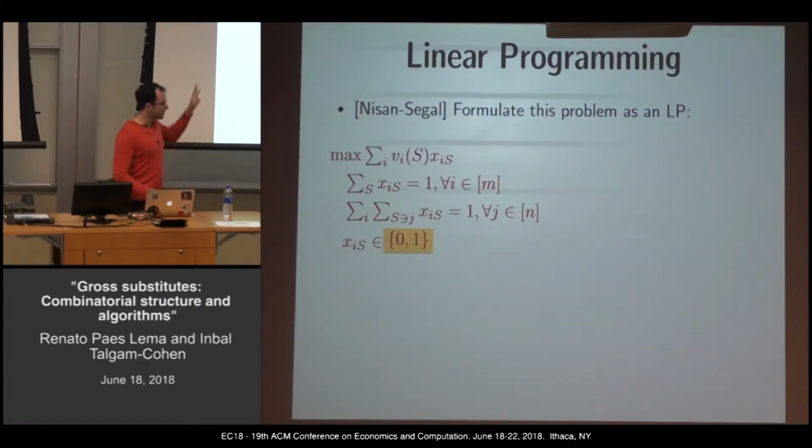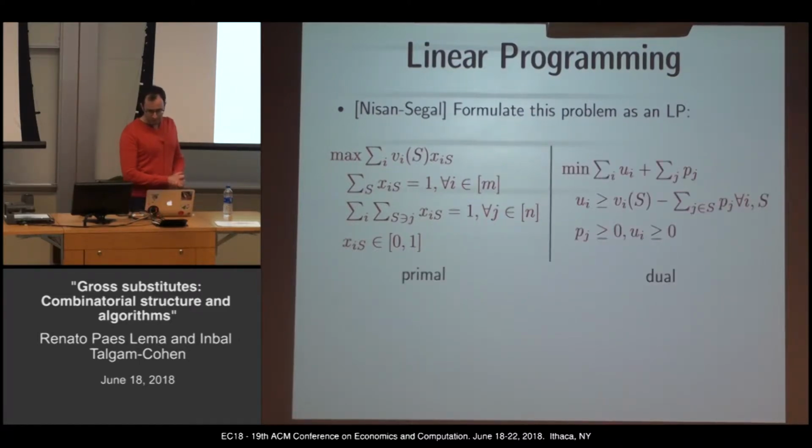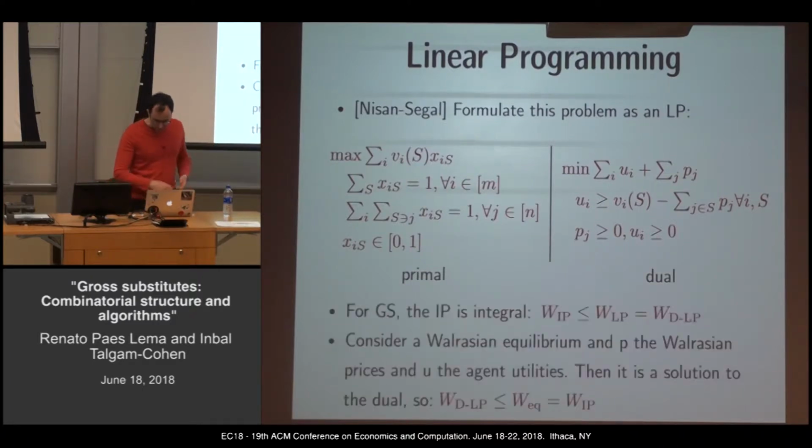All right, so that's exactly the welfare problem. I just rephrased it. It's very easy to see. But I don't know how to solve IPs, you know how to solve LPs. So you relax to 0, 1. And as usual in linear programming, you can write a dual. That's what you get. One interesting thing is that the LP is an